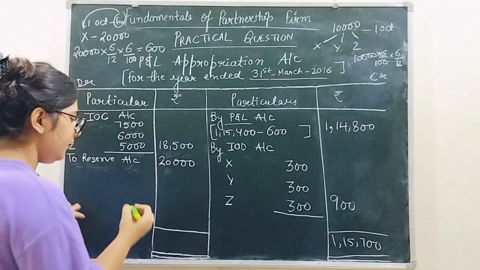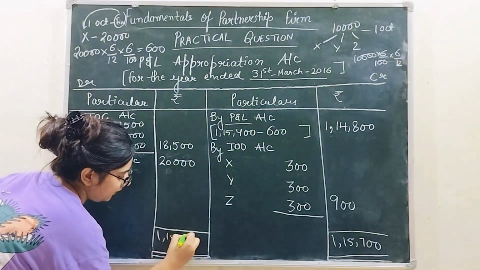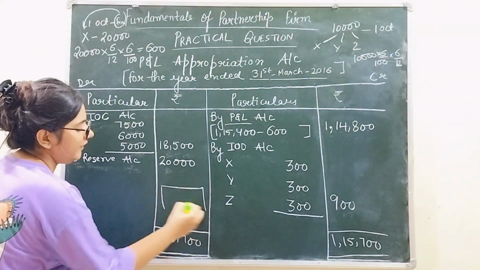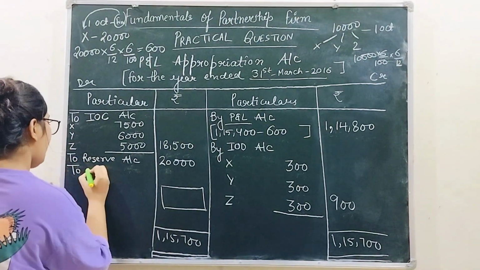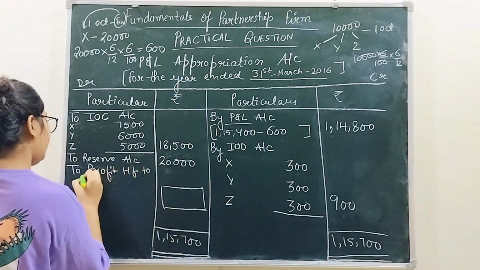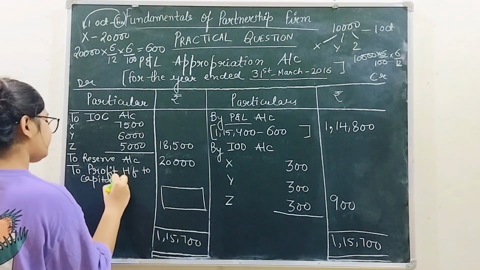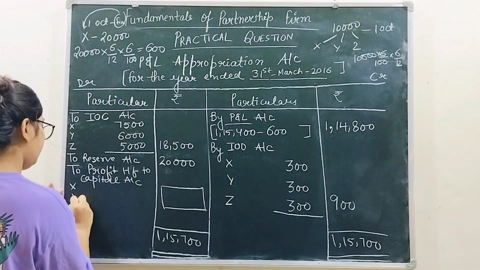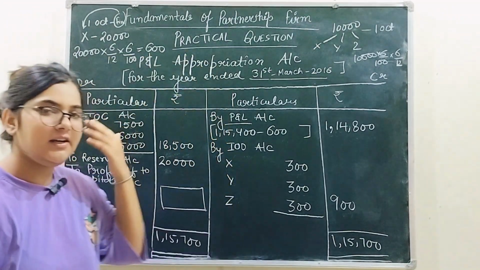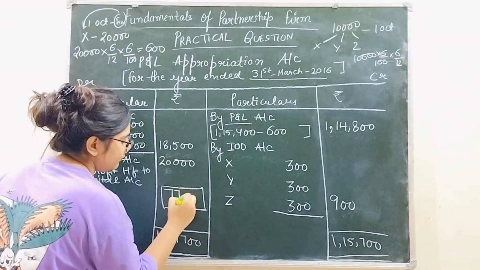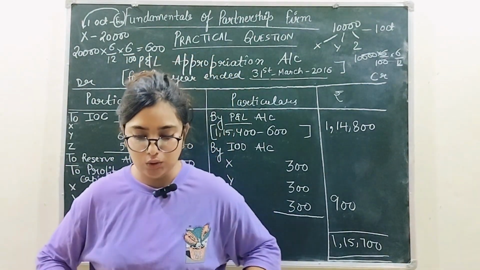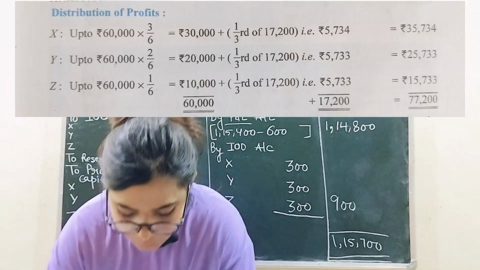Okay? And you are going to write that on the debit side as well, and when you will subtract your debit items, you will get your profit, which is to be transferred to partner's capital account. Profit transferred to capital account of X, Y, and Z. Now, how much you are getting after subtracting? So you are getting 77,200. Divide this in the ratio which is given in the question, 3:2:1. So when you will divide it, you will get